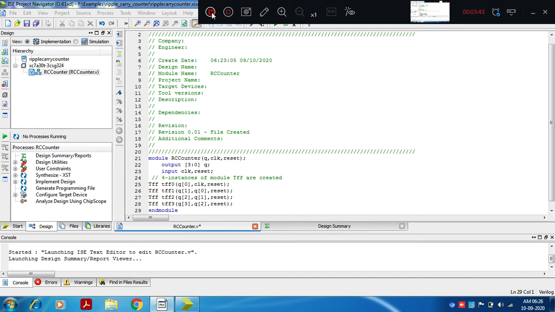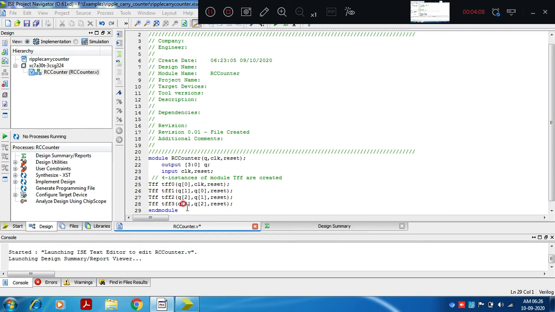We have typed code for a ripple carry counter which involves 4 T flip-flops. Q0 is the output of the first flip-flop where the actual clock is connected, and that output Q0 acts as the clock for the next flip-flop. Then Q1 acts as the clock for the next flip-flop, and Q2 acts as the clock for Q3.